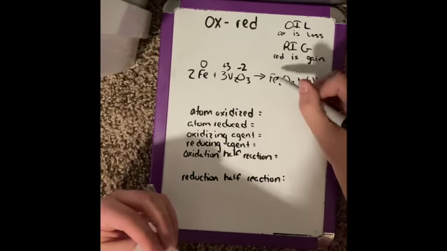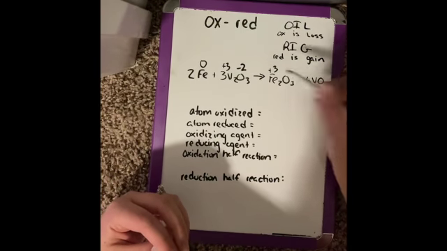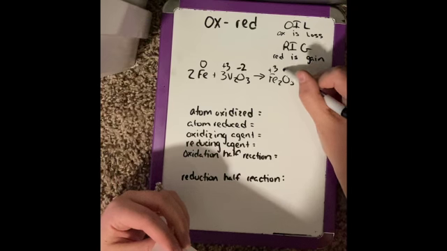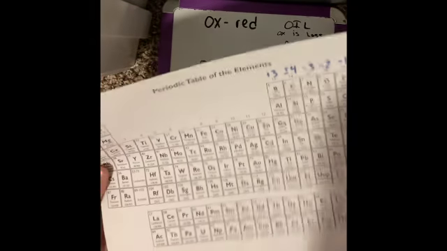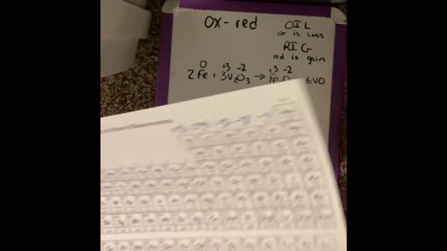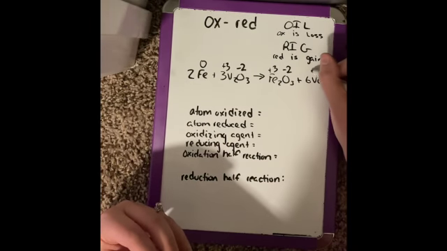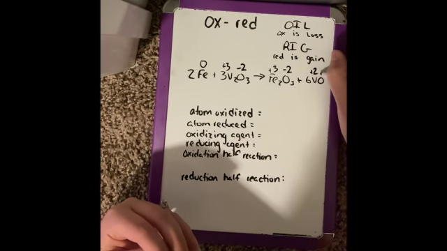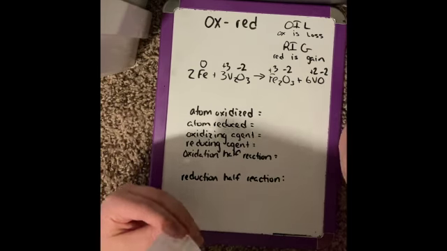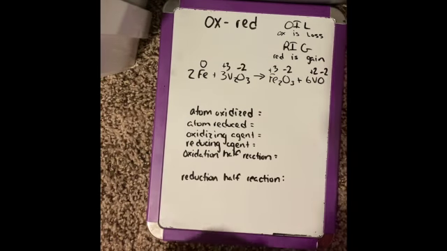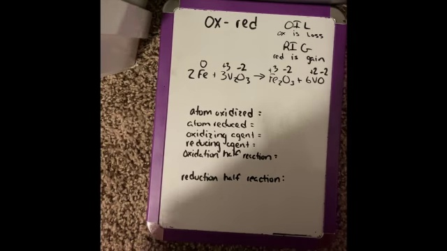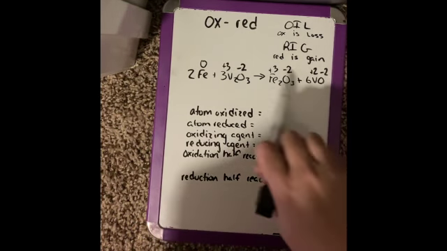Fe here is also a transition metal, so I would have told you that's +3. O is a -2 charge. V is a transition metal, so I tell you it's +2 right here, and oxygen is a -2 charge. All right, so the one that is gaining electrons, or that becomes more negative as you go from one side